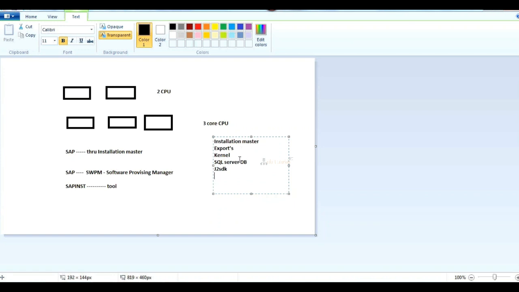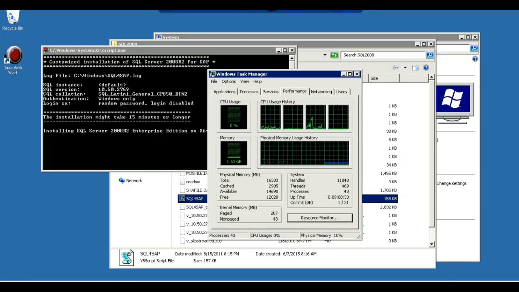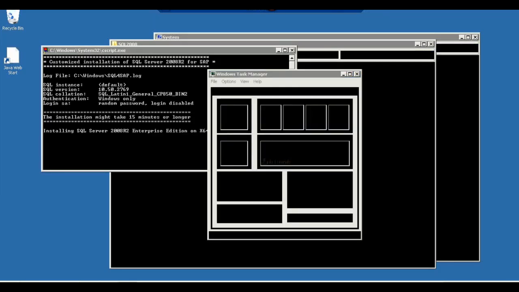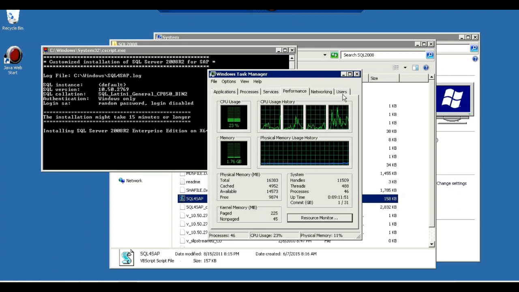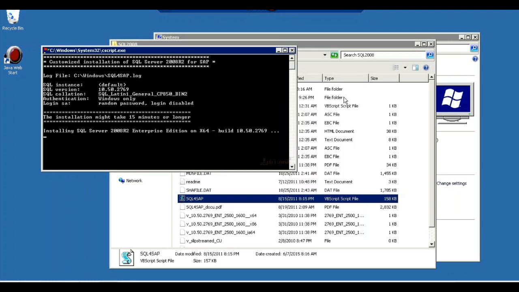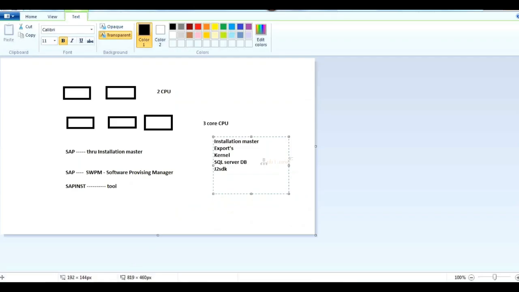These files are required to install SAP NetWeaver 7.0 on SQL Server. SAP NetWeaver 7.0 is a dual stack system, which means it is a combination of ABAP stack plus Java stack. Up to here any doubts?